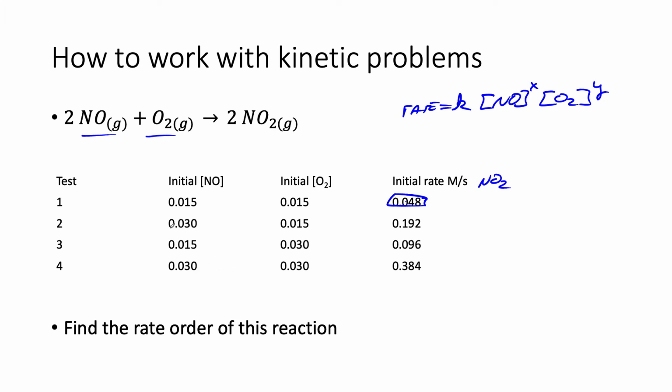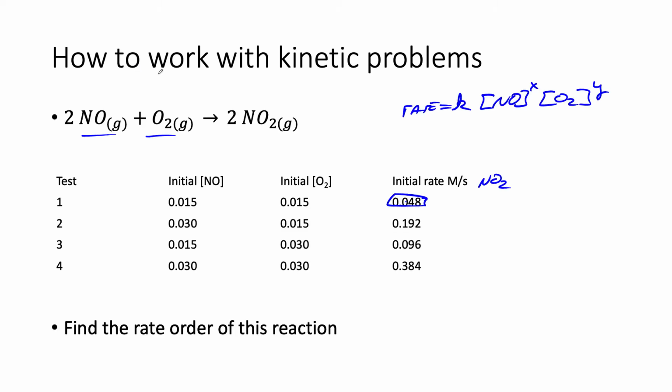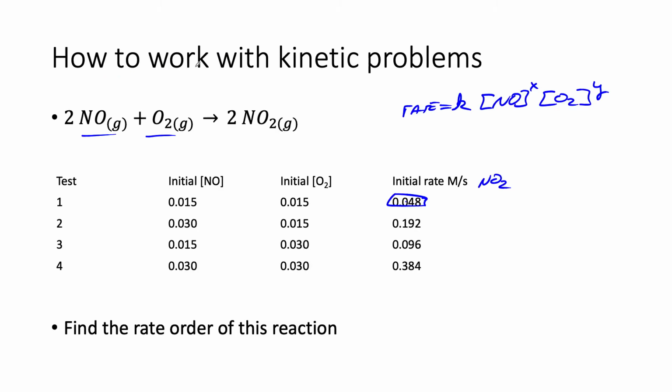So in this, we're going to compare two experiments. Let's look at 1 and 2. I'm going to go back and forth here. The rate of 1 is 0.048. The rate of 2 is 0.192. So what we're looking at